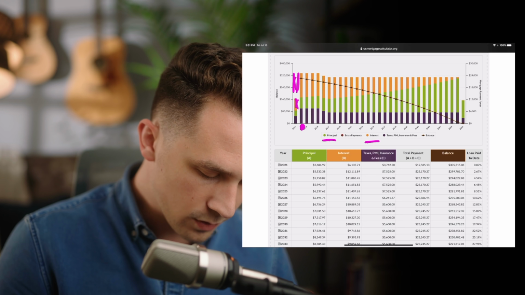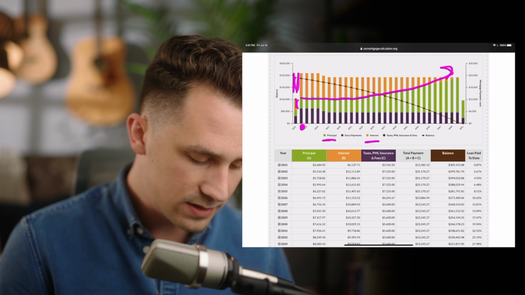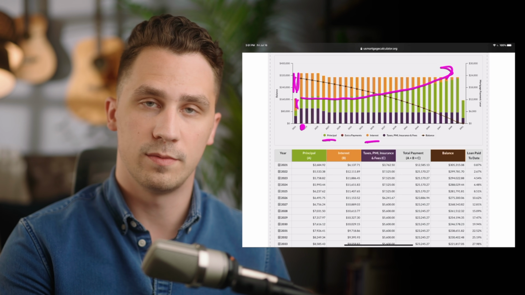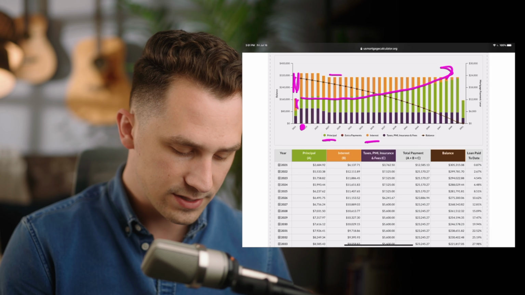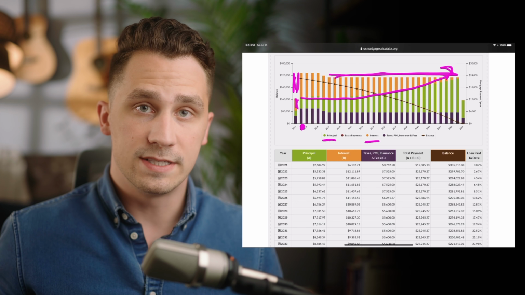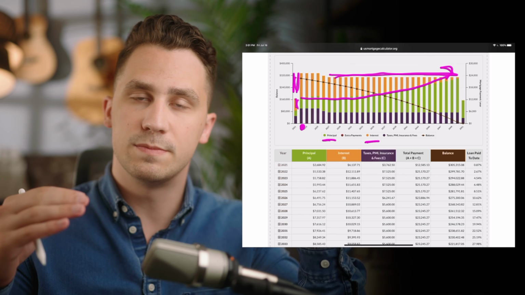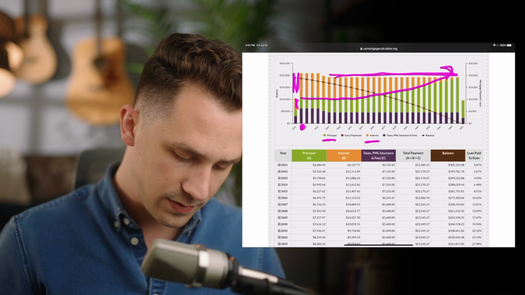Okay. Over time, what will happen is you see this kind of curve. We pay less and less interest and more principal. However, the payment stays the exact same. So see how this is flat across the board? The payments are going to be the exact same, but what will change is what is being allocated. How much of it goes to interest, how much of it goes to principal.